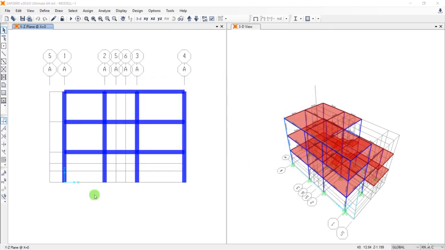After defining the pushover load case in the x direction, you can also define the pushover load case in the y direction in the same manner. All right,